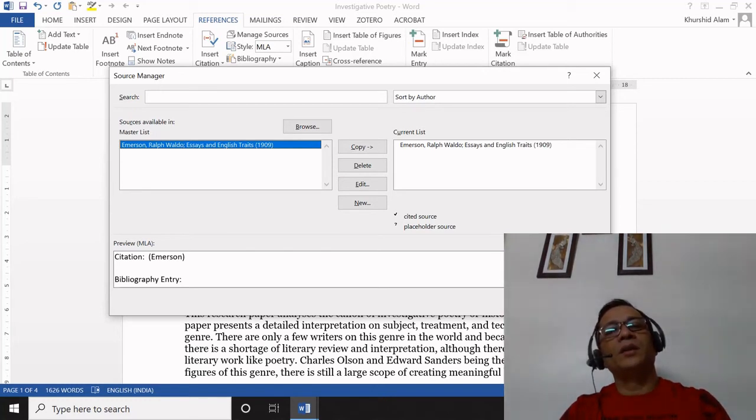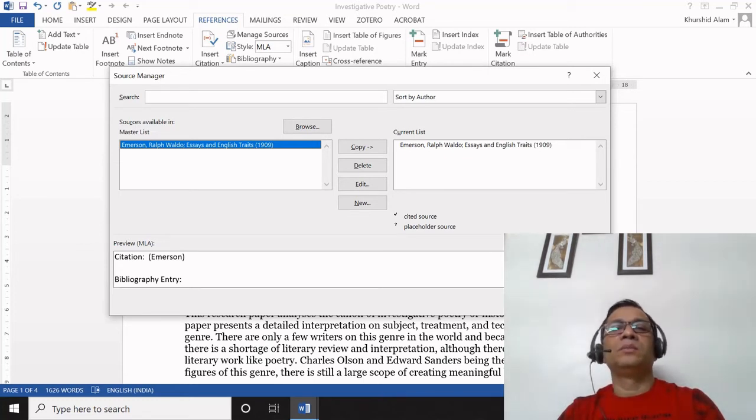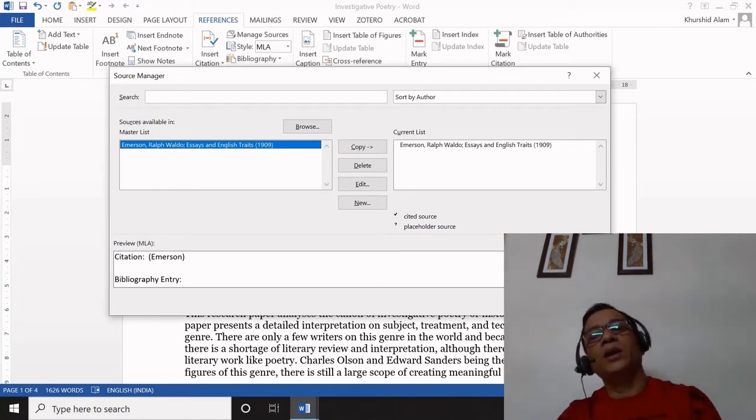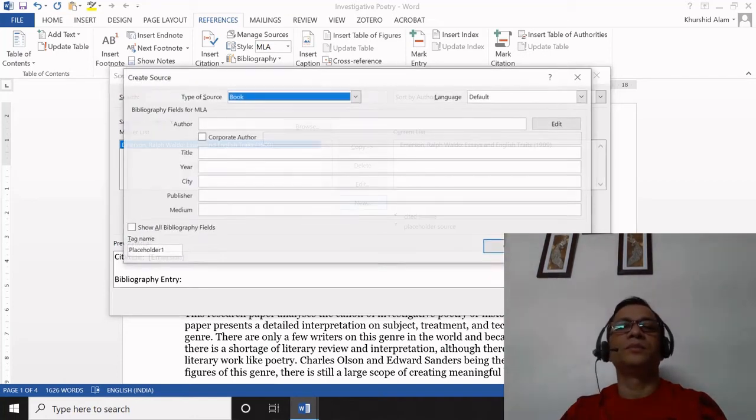You can create as many citations as possible in this master list and then copy selected few ones to the current list. All the citations in the current list will be added in your current document. Now I'm going to add one more citation.